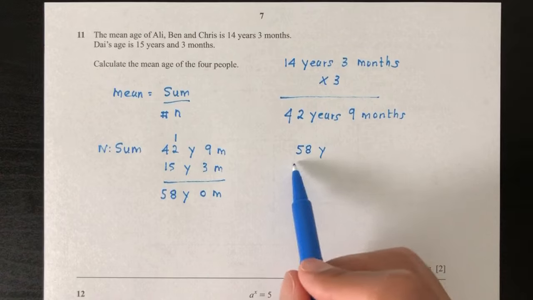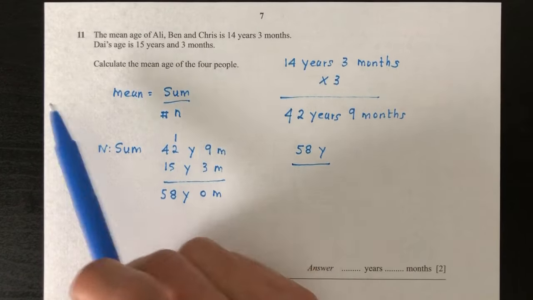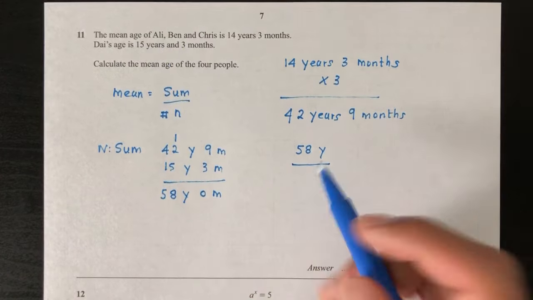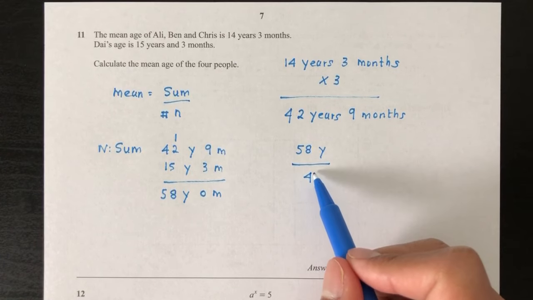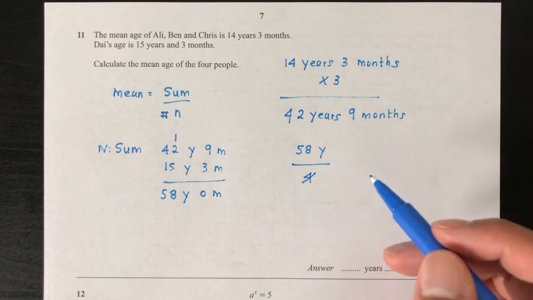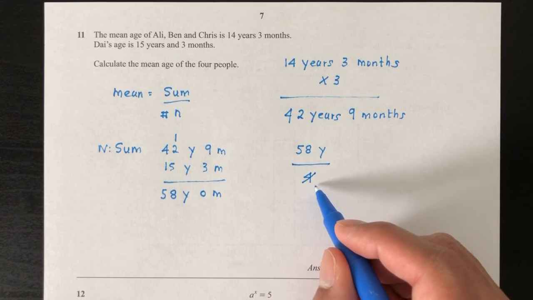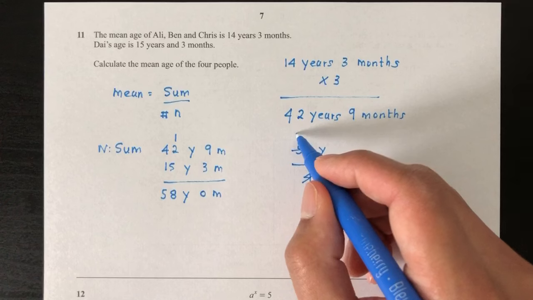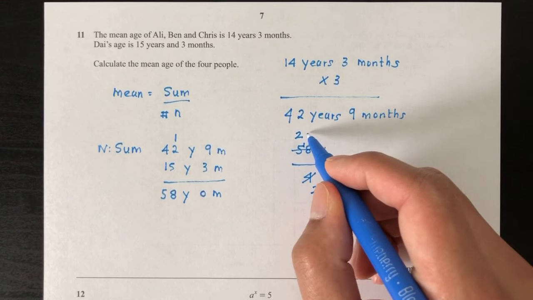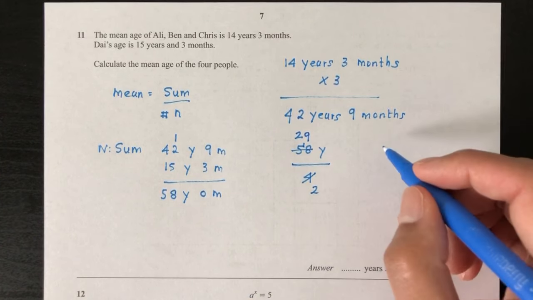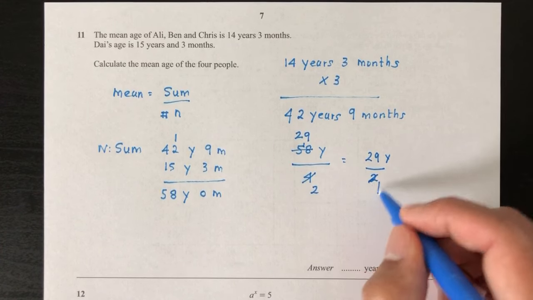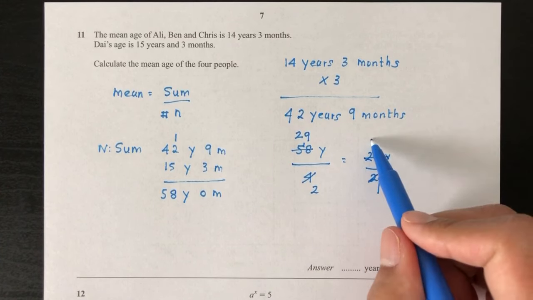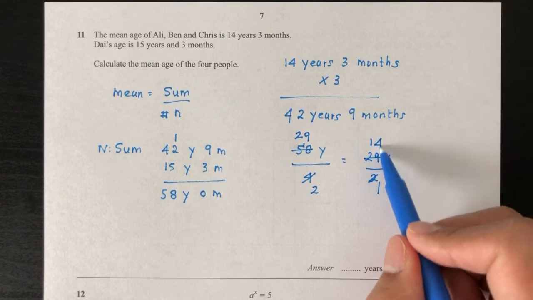Now divide by the number of people. No, 4 people now. So let's do that. You will have divide by 4. So you have 58 years divided by 4, that should give you 1 and 4,